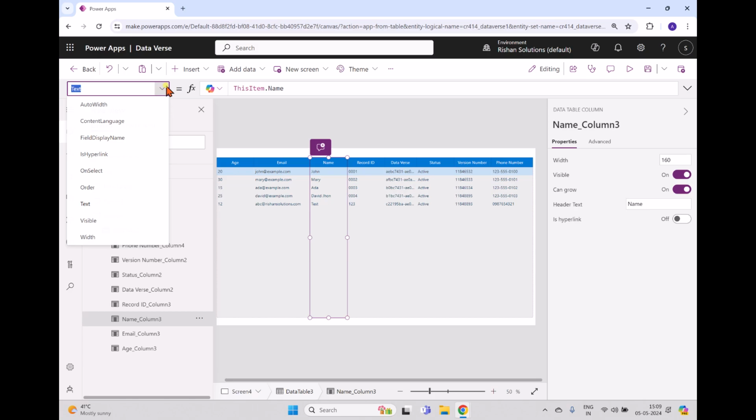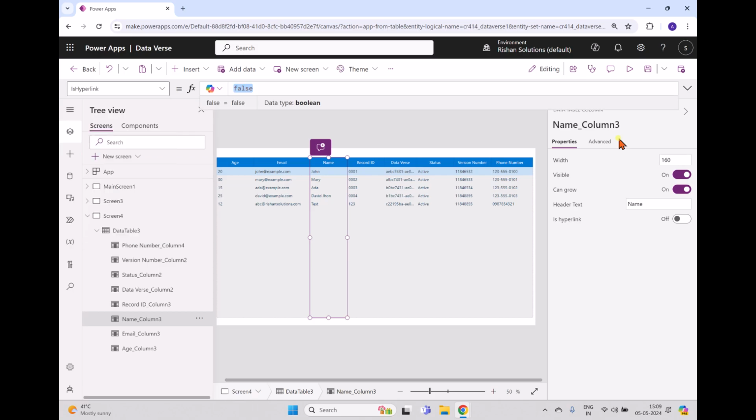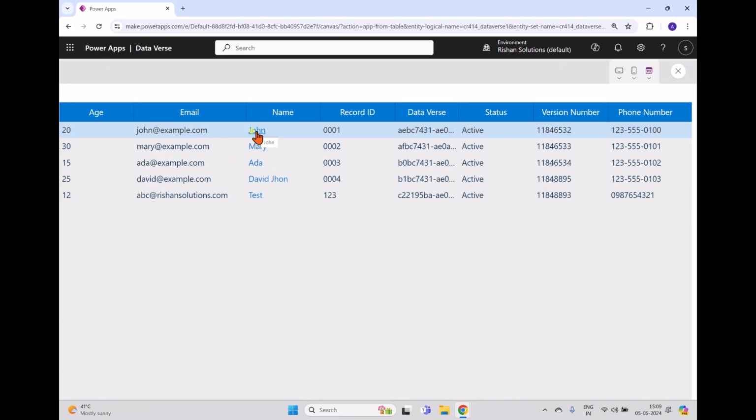One is hyperlink. If you want to show your column information as a hyperlink, you can select hyperlink and make this true. If you make this true, and then when you play this one, of course the color has changed. When you hover your mouse on that particular column, you can see a different pointer, which is a hyperlink pointer. But if you go to any other column, you cannot see it. But related to the